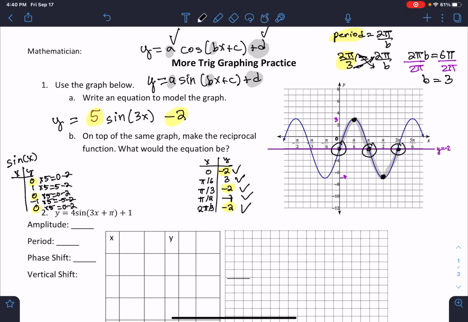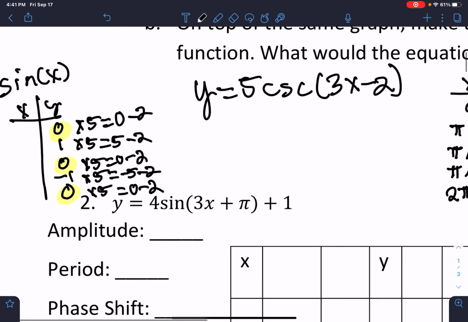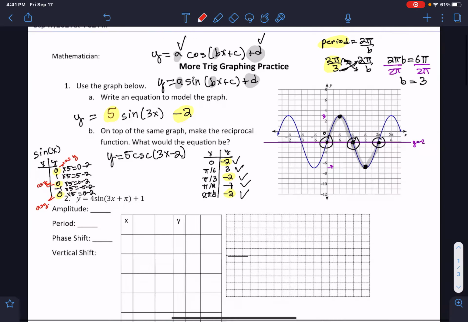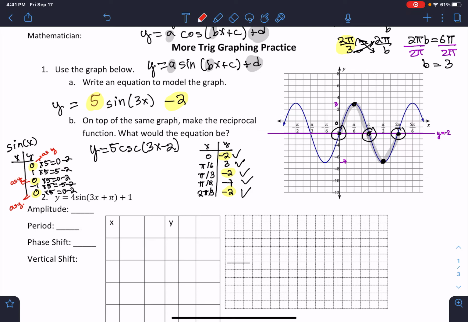The next question says to make the reciprocal function. So if I'm making the reciprocal function, that means that I do the same thing, but this time I'm going to write cosecant. And I know that when it's cosecant, that I'm going to have asymptotes where it's normally 0. So if you look at these 3 that I highlighted, there's going to be an asymptote, and asymptote. So an asymptote will always happen where the highlighted ones are for sine. So that's why I can just make lines going down here,